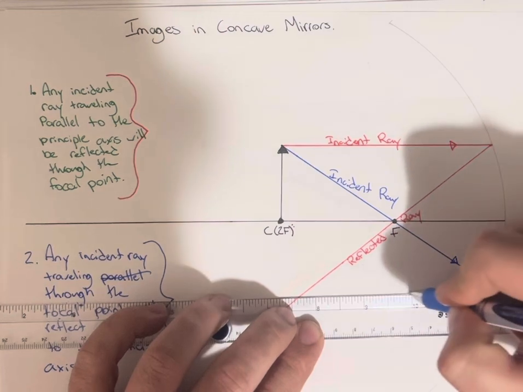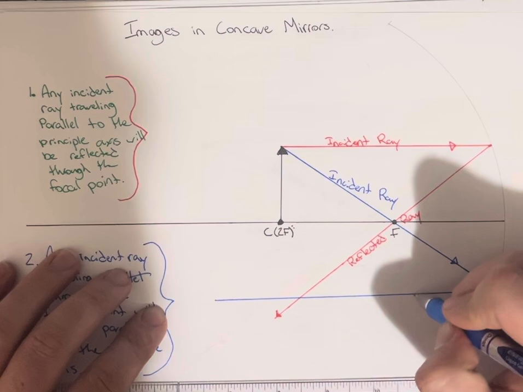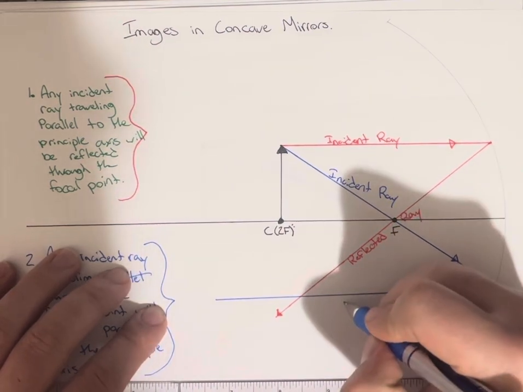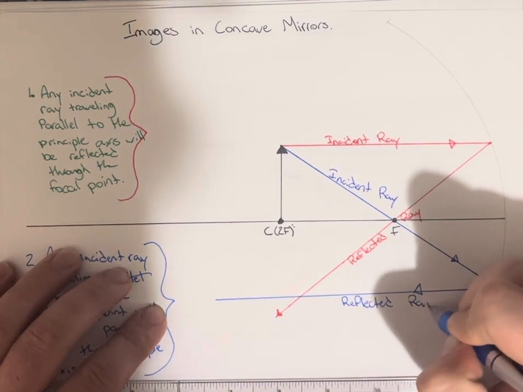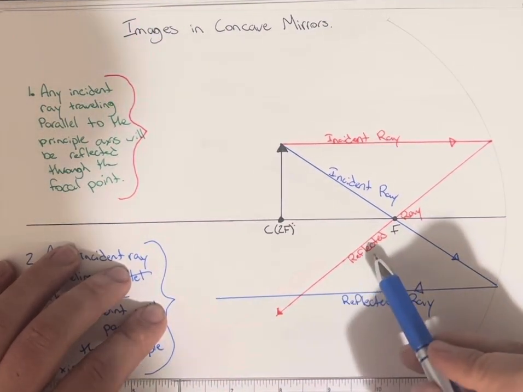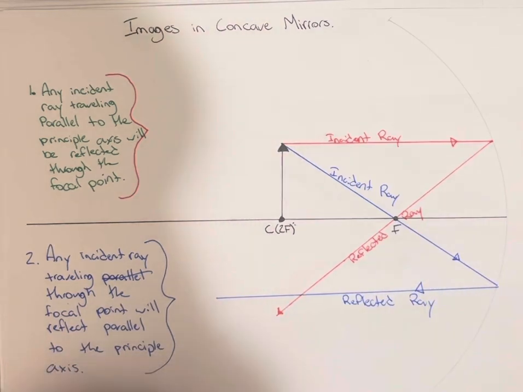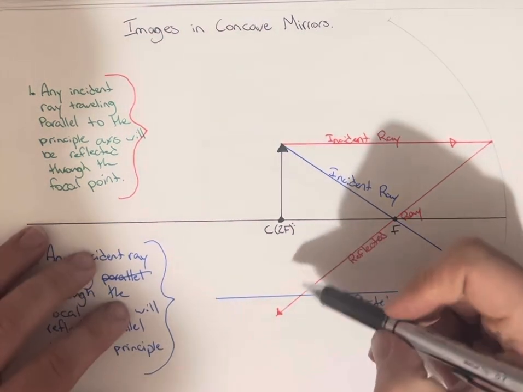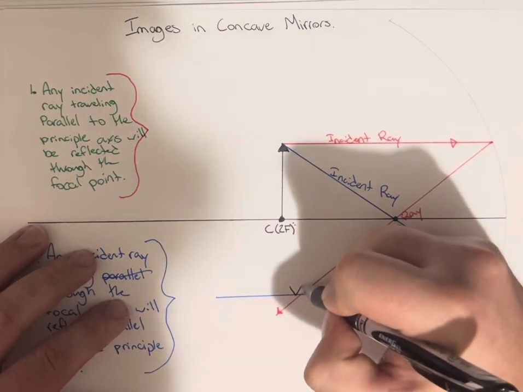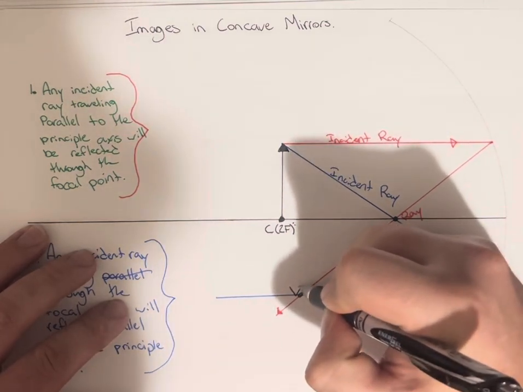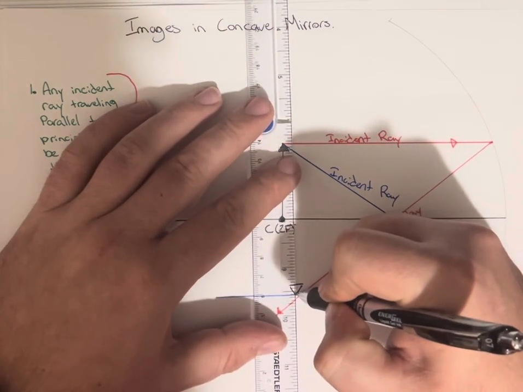And I will see that there is going to be a location where this reflected ray and the reflected ray from our opportunity 1 are going to intersect. Now what we are going to see is that is going to represent the point of the arrow that we were looking at originally. So my point is going to be at that point of intersection, and then I'm going to draw a line up to